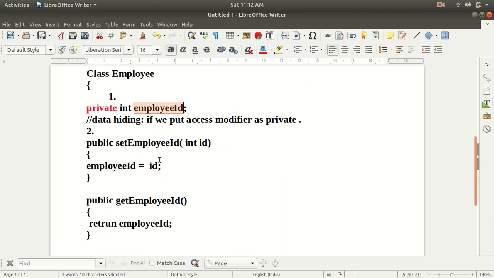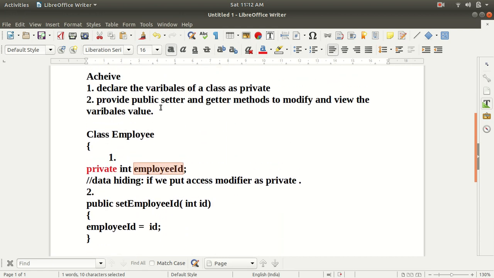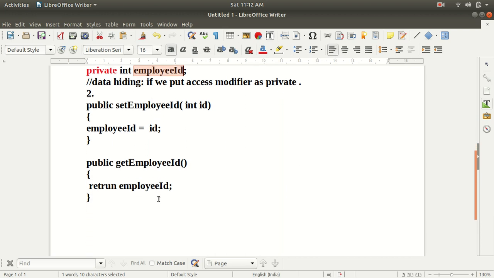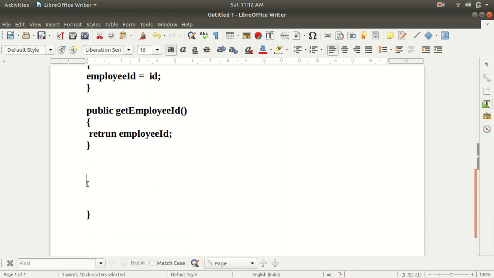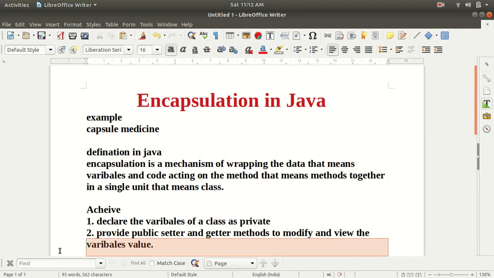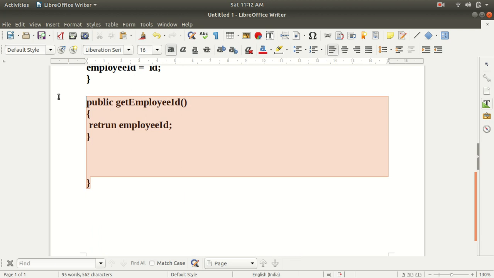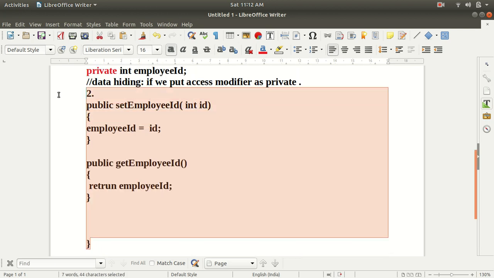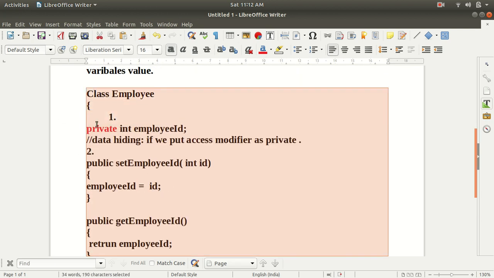Okay, so the first step is to keep the variable of a class as private, and the second step is to provide a setter and a getter method to modify and view the variable of this class. And this whole process is called encapsulation. You can see the whole process that I have created in a class. This whole process is called encapsulation, right?